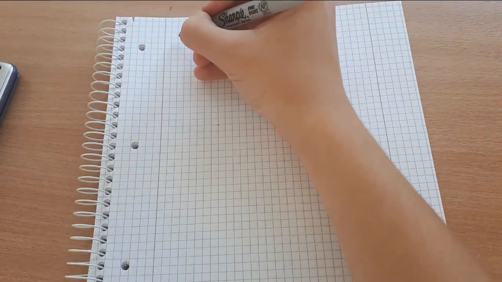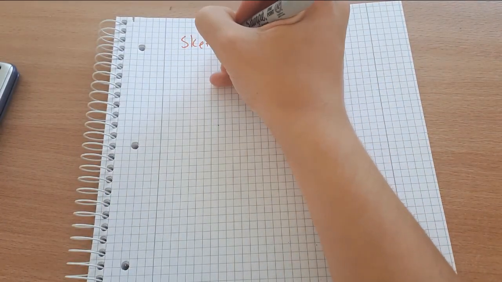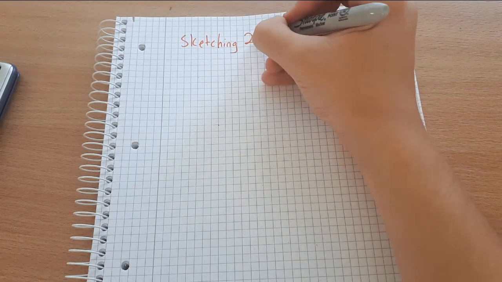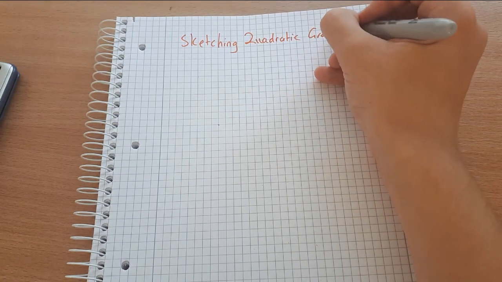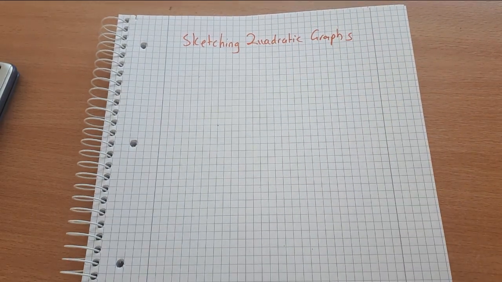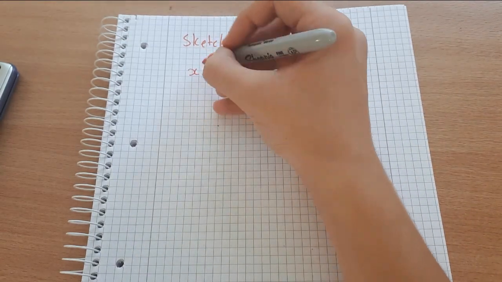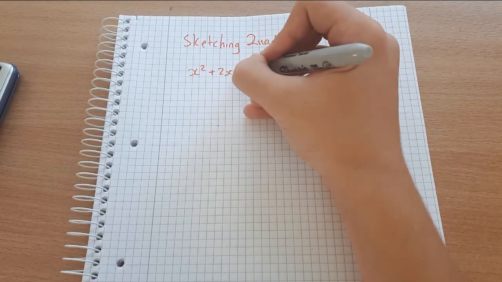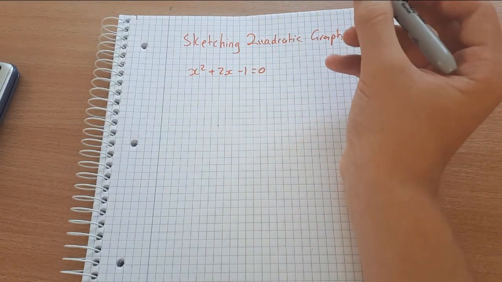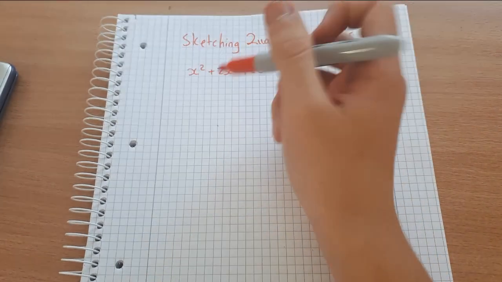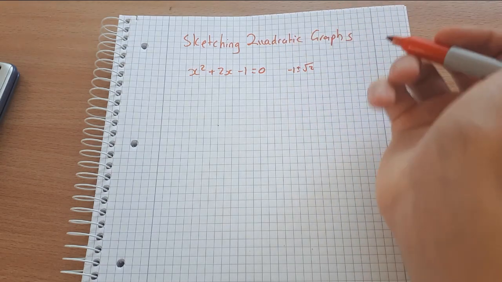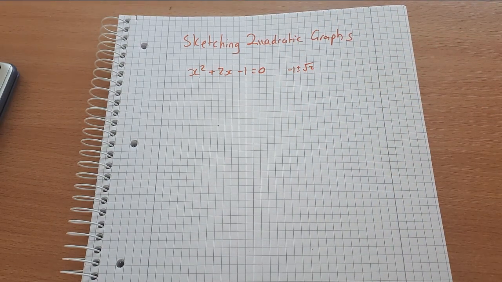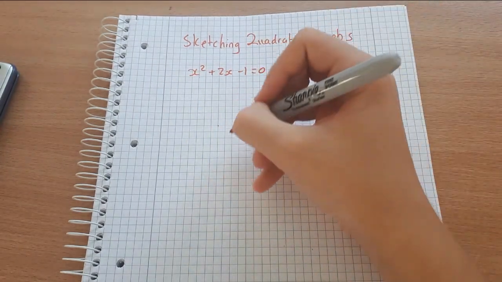Now it is time for sketching quadratic graphs. Sketching quadratic graphs. This can be done in a couple of ways. You can get your equation, so let's use x squared plus 2x minus 1 equals 0. You can factorize that. Actually, you can't factorize that because your answers are minus 1 plus or minus root 2, so you can't actually factorize it, but if you could factorize it, draw your graph, your intercept is minus 1,